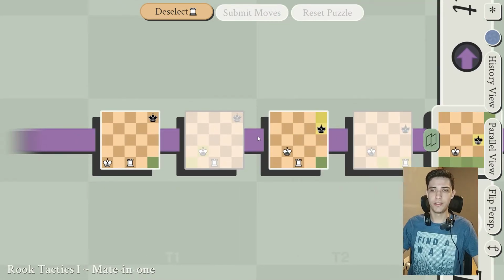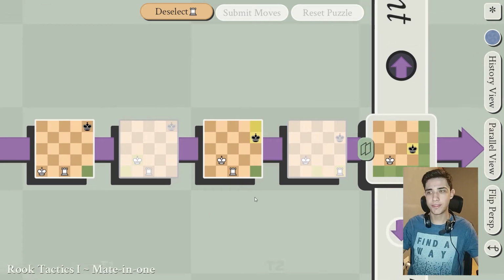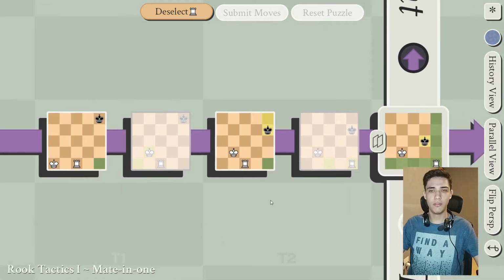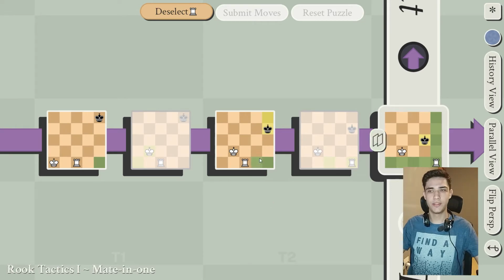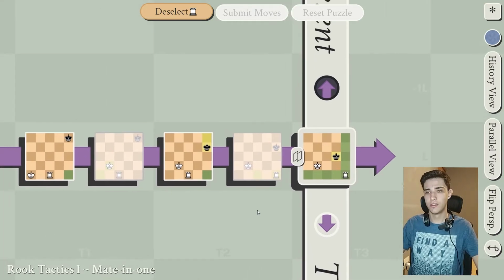in different boards. An important thing is that every time you travel to the past or through parallel universes, you can only travel to boards where it was your move. So I can travel to this board and to this board because it was my movement. I can't travel to this and this because it wasn't my movement. And the puzzle here is telling me that I have mate in 1. So let's